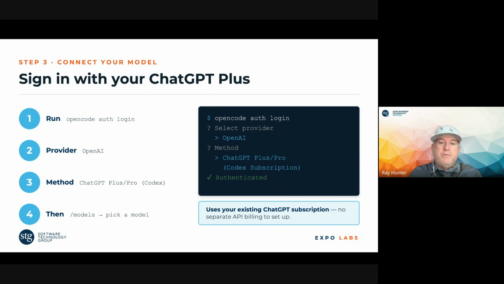You just fire it up, OpenCode auth login. You can select the providers, and then from the provider, it will go through the process. A lot of times the subscriptions are web-based, so it's going to open up a browser and then report back to OpenCode. Very quick, very easy to go through and do. And then from there, you can actually start to pick the models. So run the auth login, pick the provider that you want, and it's very, very easy to do.